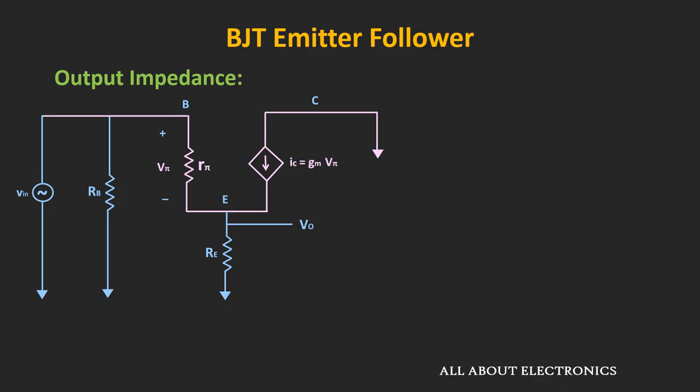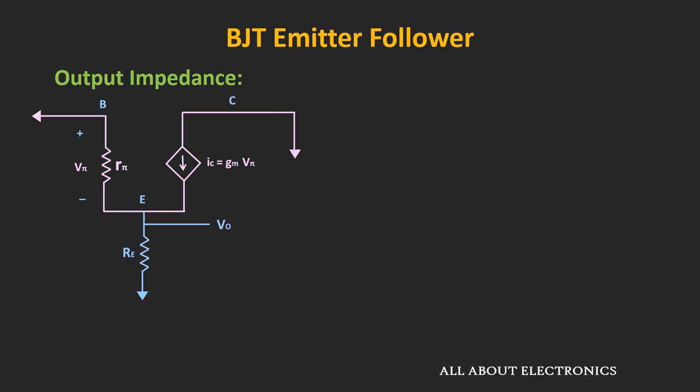from this equivalent circuit. So for finding the output impedance, we will consider all the independent sources in the circuit as 0. That means we will consider this input voltage V in as a short circuit. And because of that, this base resistor RB will also get short circuited. So now if we see the equivalent circuit, then it will look like this. So for finding the output impedance, let us apply the test voltage Vt and let us find the test current It. And the ratio of this voltage Vt and It will give us the output impedance.